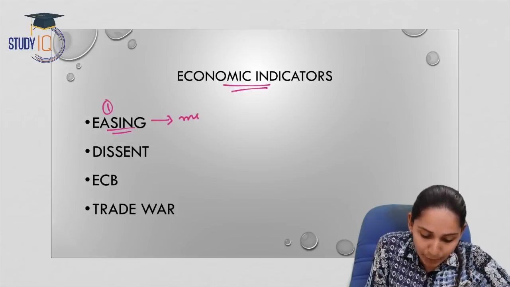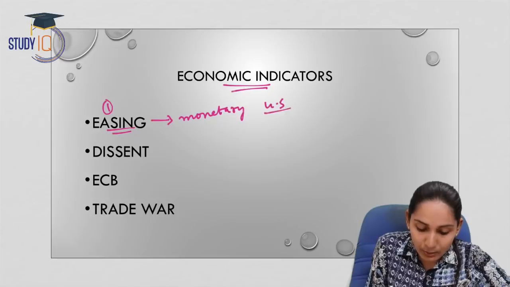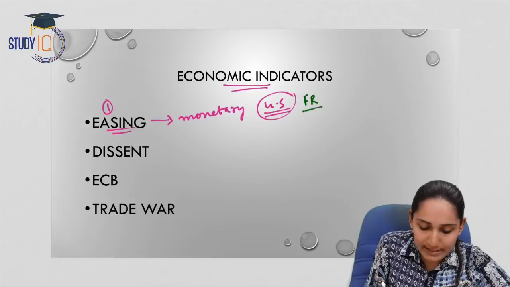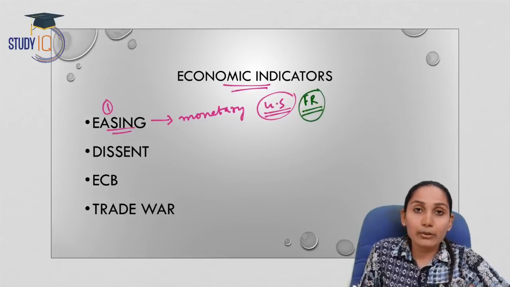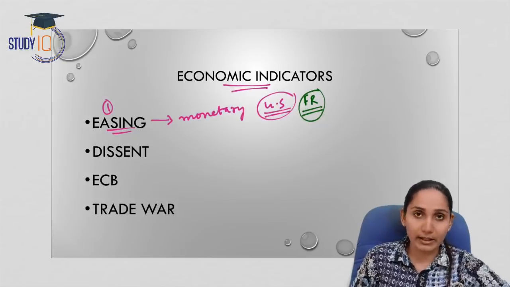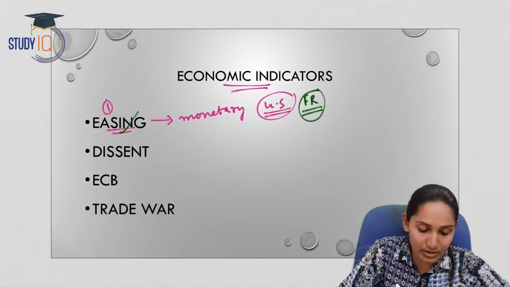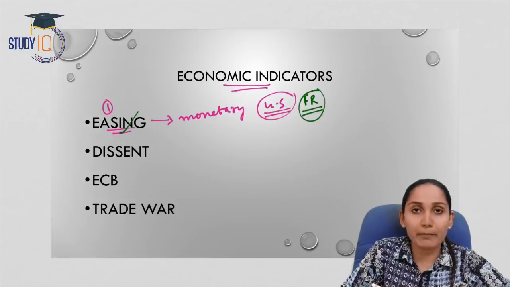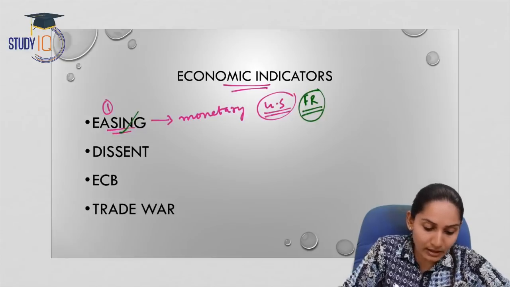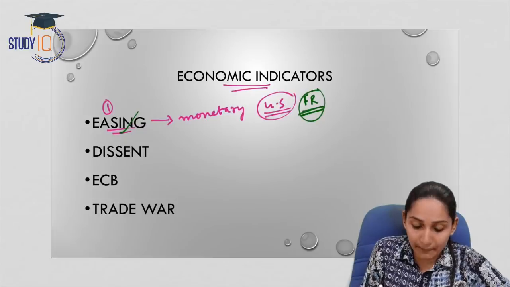Quantitative easing is a monetary policy tool used by the US Federal Reserve. Now the central bank of the US economy is the Federal Reserve of the USA. The Federal Reserve uses certain monetary tools in order to regulate the money supply in the US economy. One such significant monetary tool is quantitative easing. Now what is meant by quantitative easing? Quantitative easing means that the Federal Reserve, which is the central bank of the United States of America, will bring